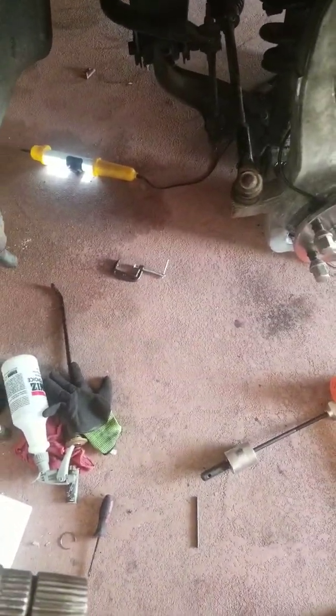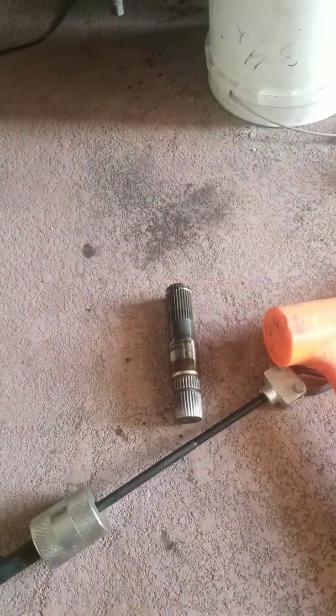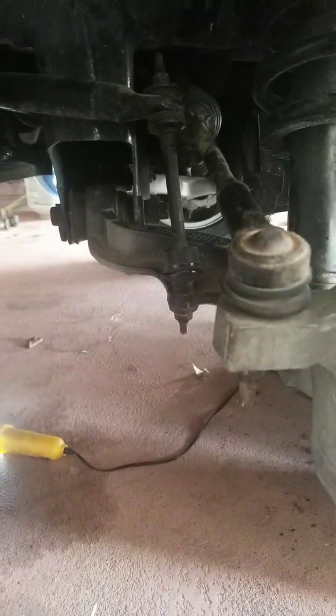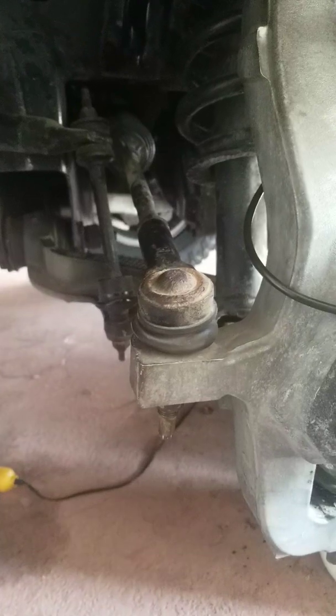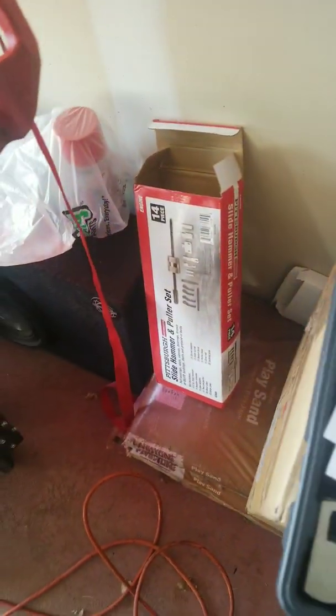For the life of me, I couldn't figure out how to get this little bastard out. From what I could find online, you either had to have a specialty tool, or you had to take the front diff cover off, lose all your diff fluid, and then air hammer that stub shaft out. Well, that is not the case. If you are unable to get your hands on the specialty tool that screws onto the end of a slide hammer,